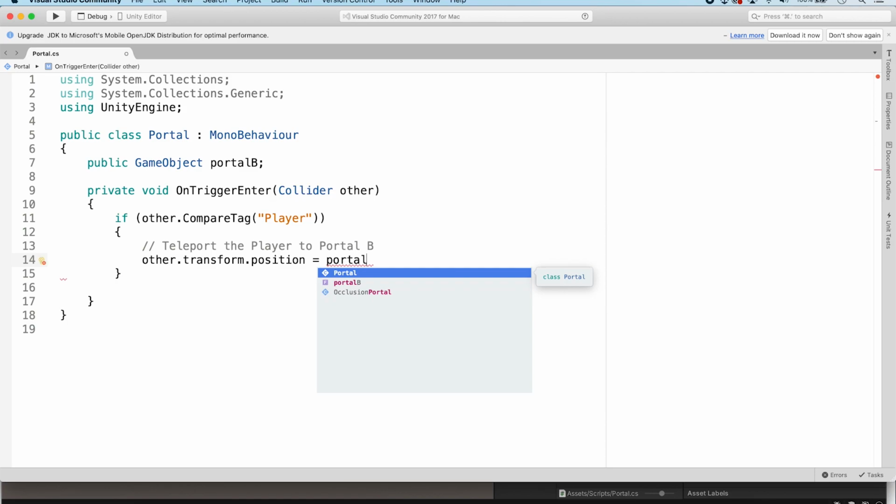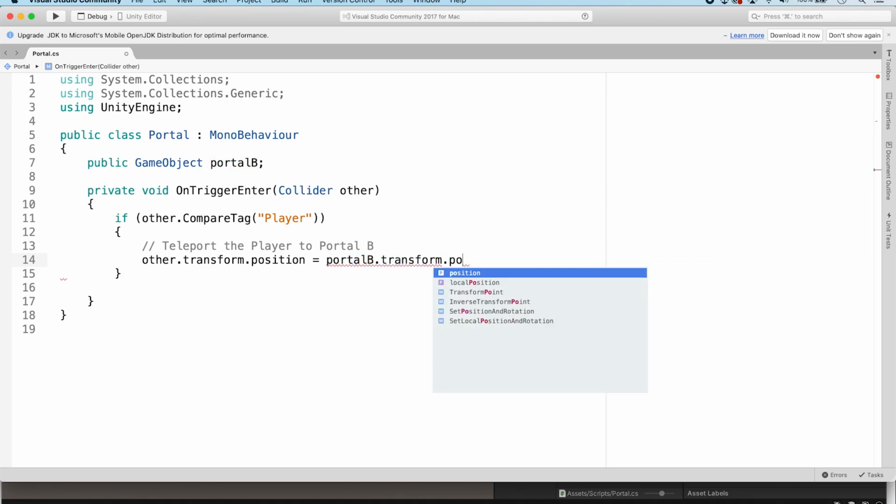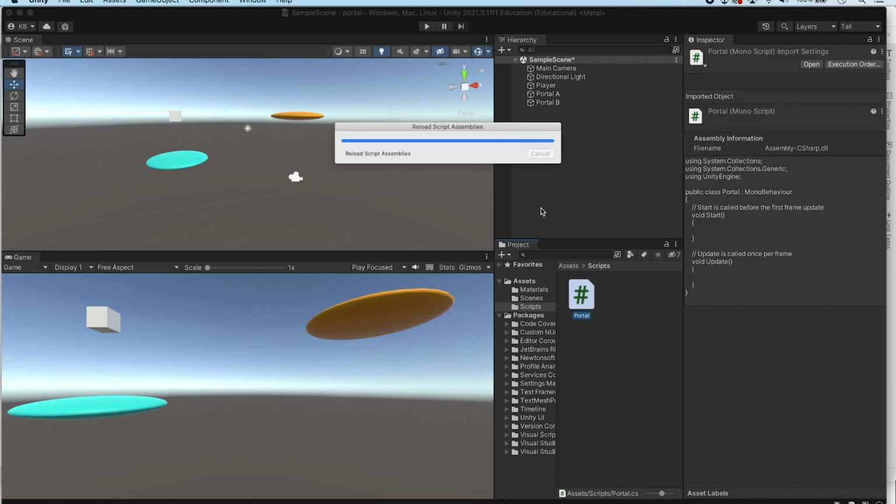So what we can do, we've got our game object, so we can go portal B, and we can say transform dot position. Lovely. So I don't think we need anything else for that. I think it's going to be a nice, clean, simple bit of script, and we're going to create a very crude but hopefully working